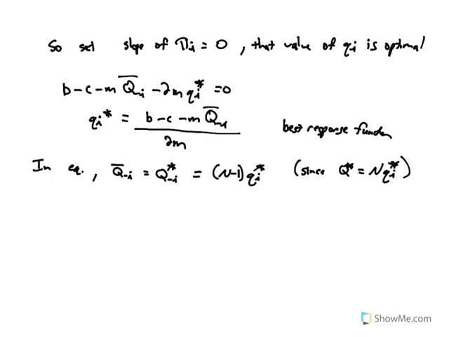So the total quantity of the market in equilibrium is going to be q star, which is equal to n times whatever I do. And since q minus i star is everybody but me, there's going to be one less firm doing that. So q minus i star is going to be equal to n minus 1 times little qi star. All right? So I'm going to substitute that into my best response function, b minus c minus m times, now I'm going to make that substitution, because I know that in equilibrium, that's going to equal n minus 1 times qi star